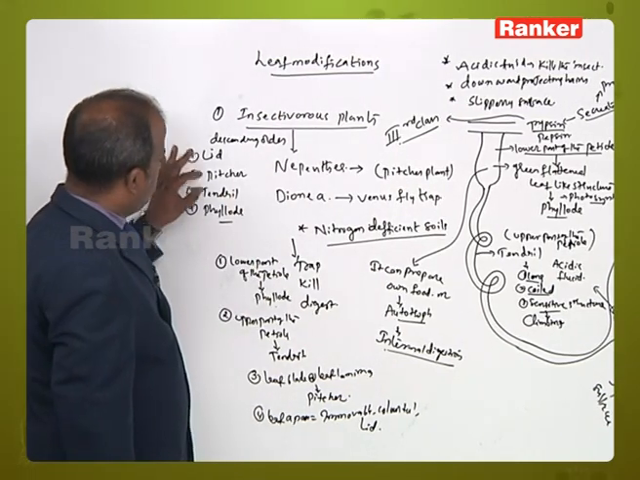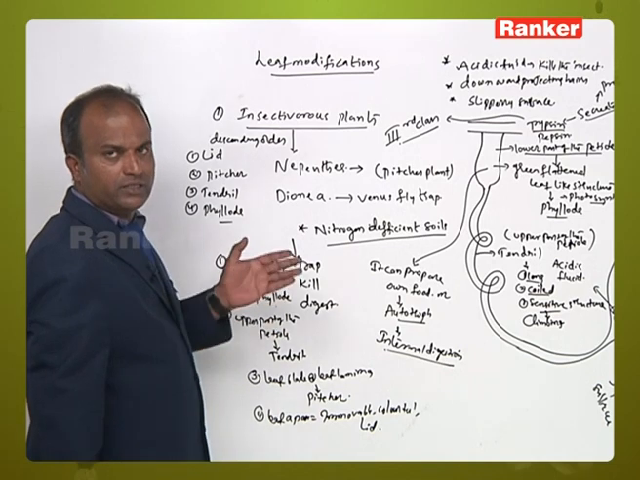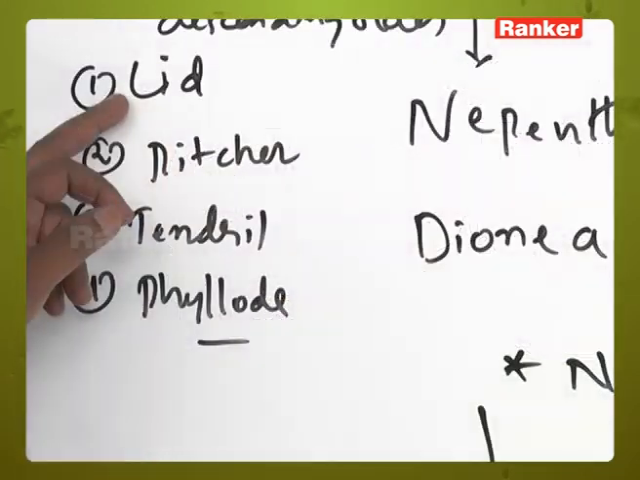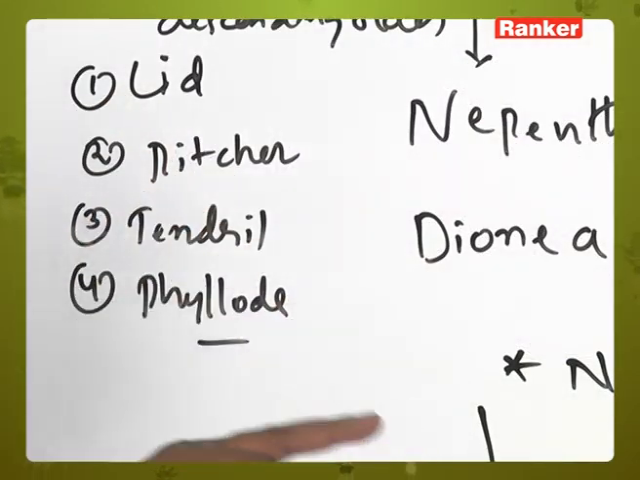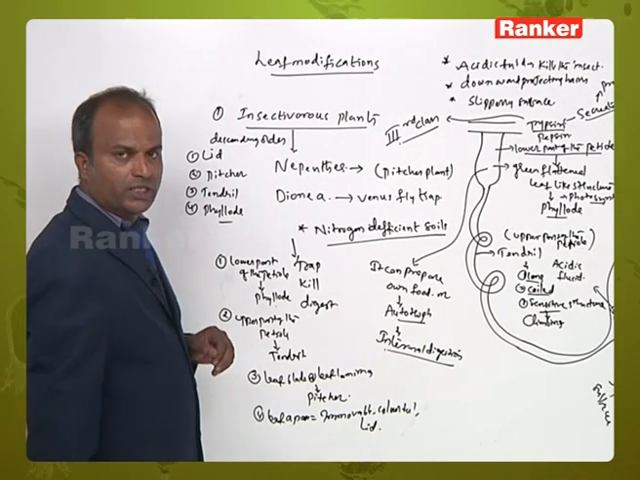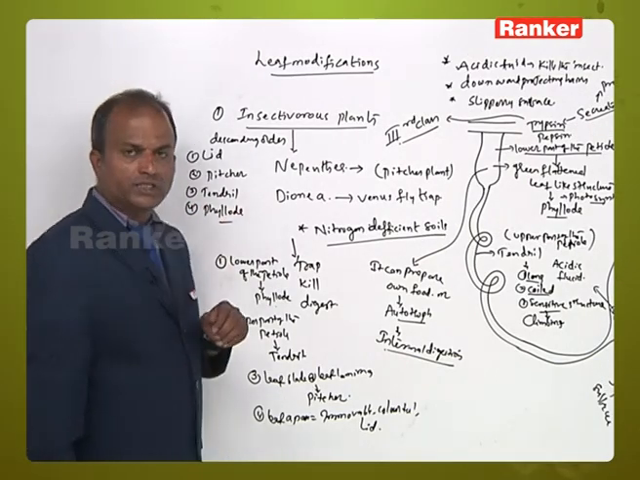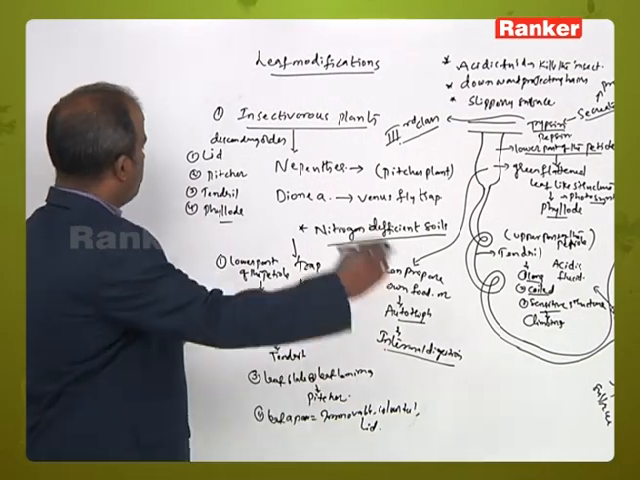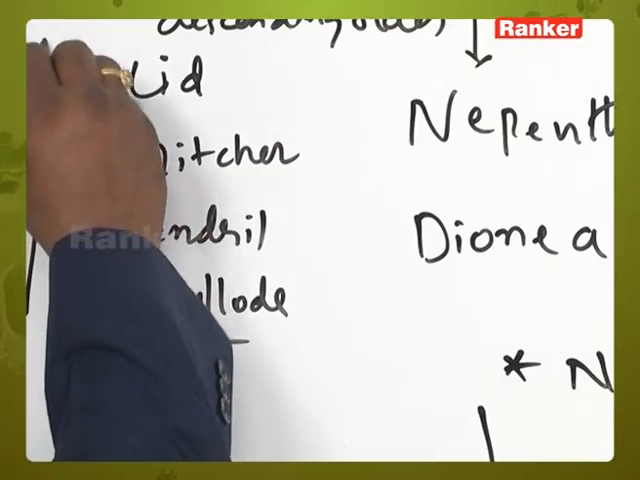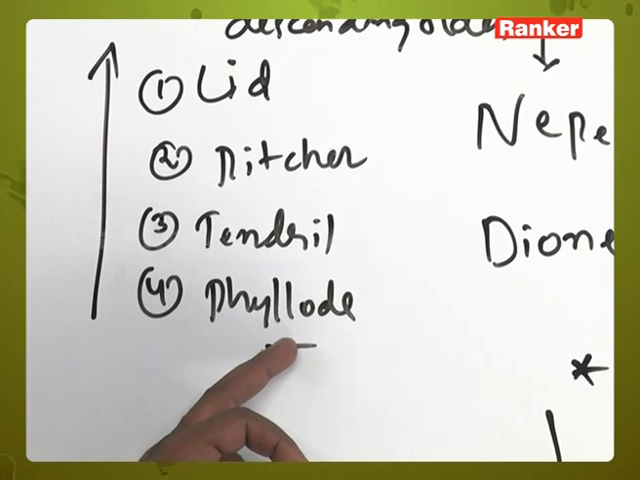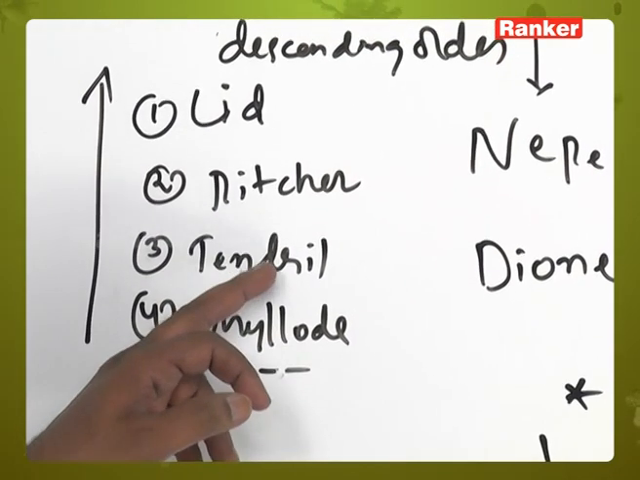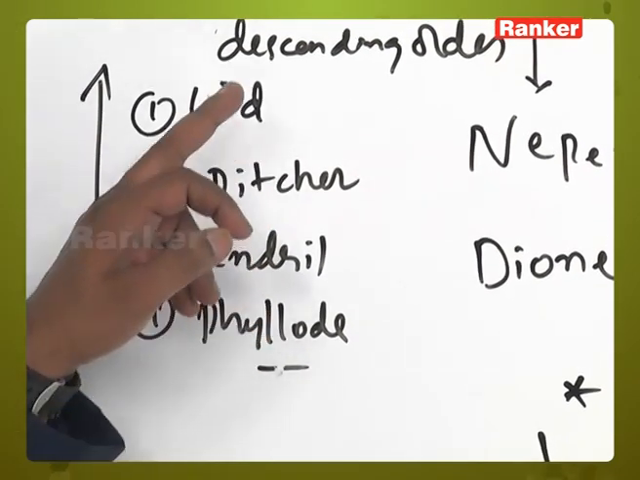One is the lid, from apex to the base. That is nothing but the descending order. One is lid, second is pitcher, third is tendril, fourth is phyllodes. But in ascending order, it is in this manner: first phyllodes, second tendril, third pitcher, fourth